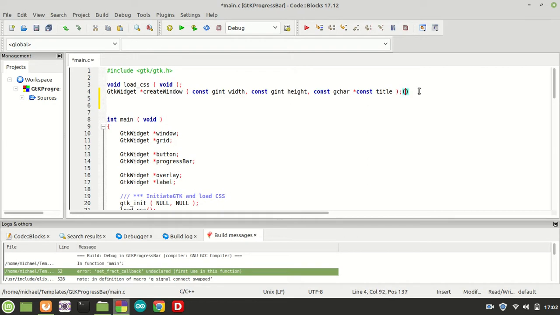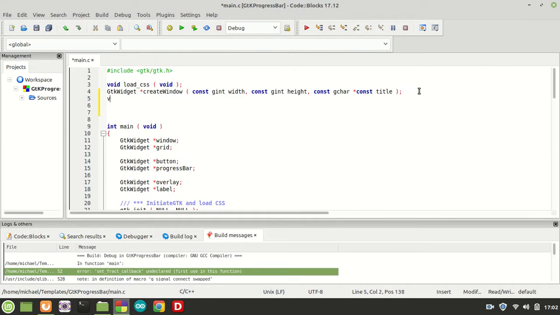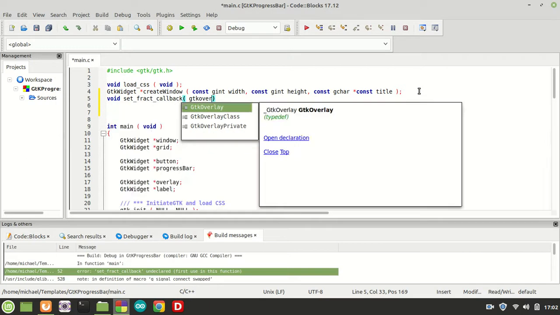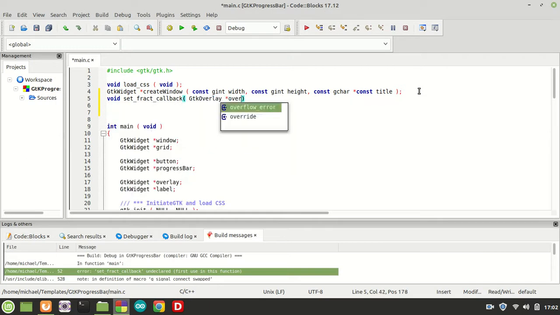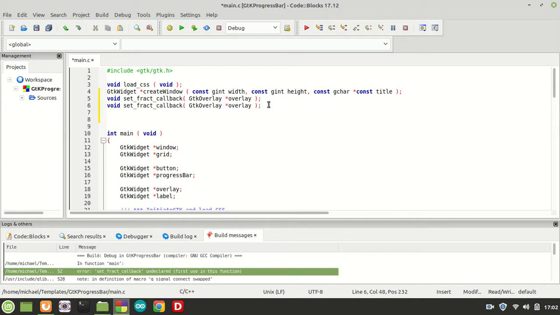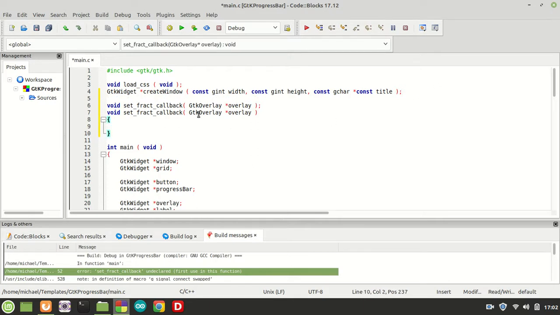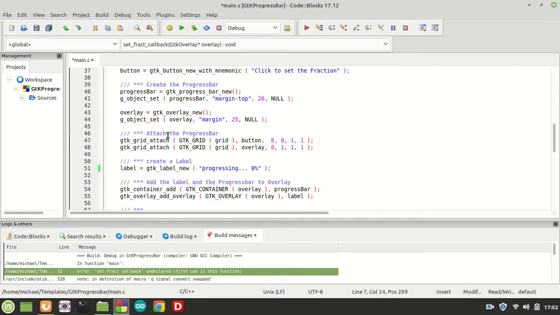which means I'm going to declare right here, and of course we need a GTK overlay, and of course we need to define it as well. Okay, now before we do that, before we work with the set fraction callback, we need to make some changes